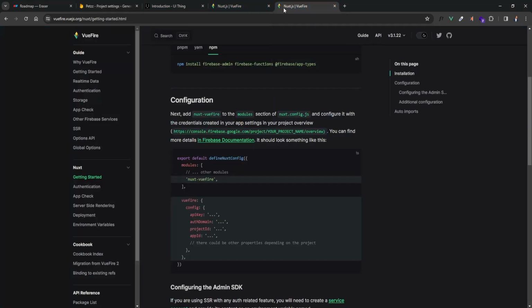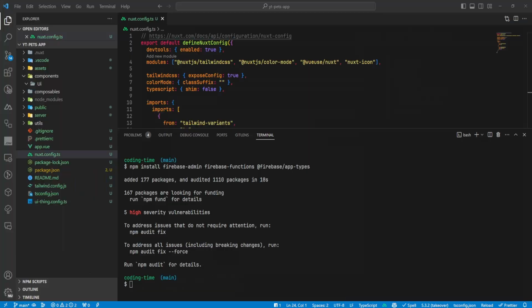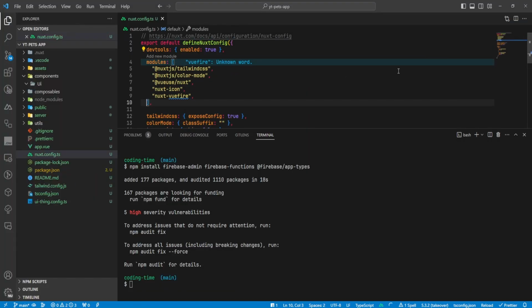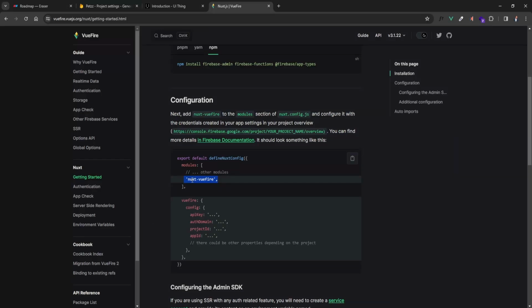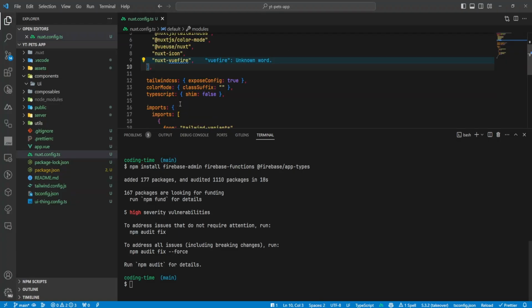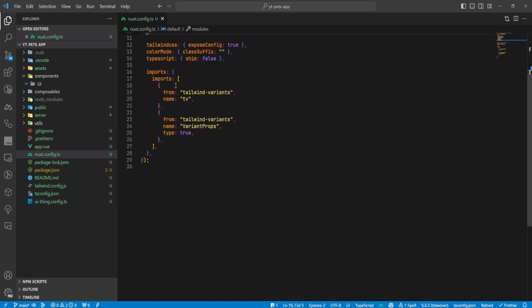So following the documentation, let me close this one. We should add this to our modules array. So we copy that, go to our Nuxt config, paste that in, hit save, and then we go back to the documentation for VueFire. We're going to copy this VueFire config,